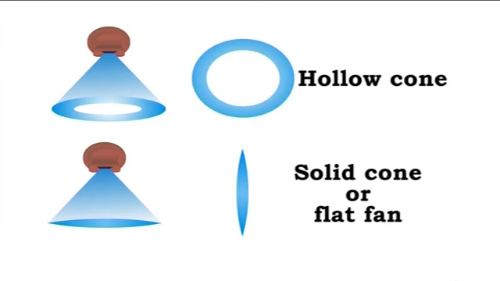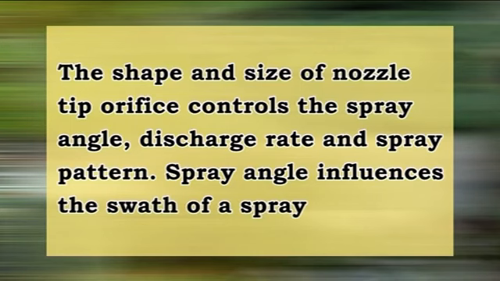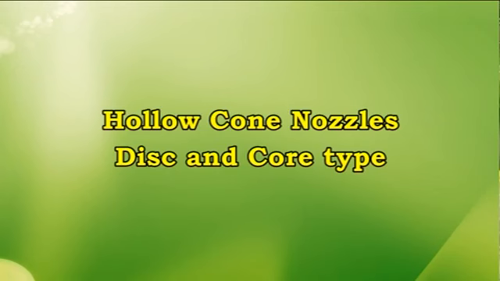Nozzles can be fitted with different types of tips like hollow cone, solid cone or flat fan, suitable for high volume applications. The shape and size of nozzle tip orifice controls the spray angle, discharge rate and spray pattern. Spray angle influences the swath of a spray. Hollow cone nozzles, disc and core type. These are used primarily where plant foliage penetration is essential for effective insect and disease control and where drift is not a major